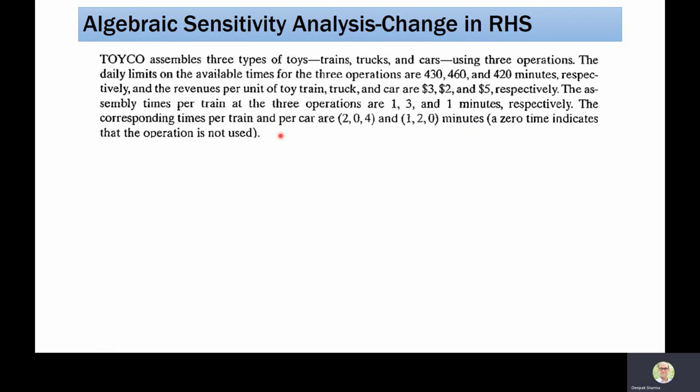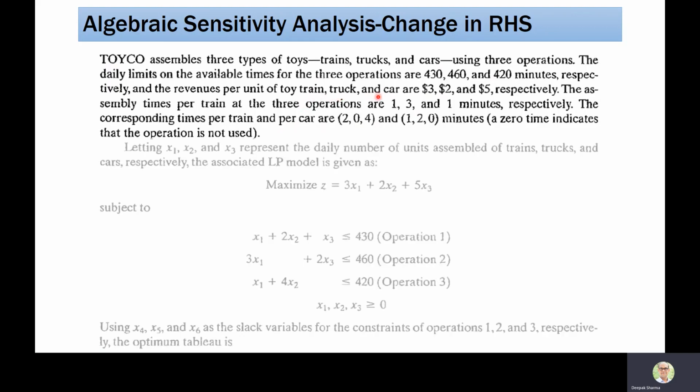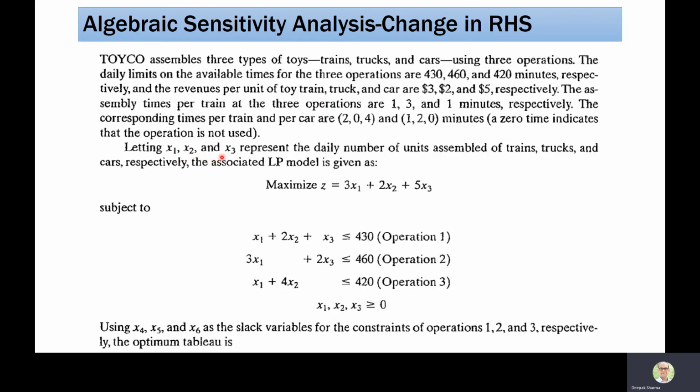Since we have done LP modeling earlier, we can find out that the number of variables will depend on the number of toys: train, truck, and car. So the variables we can write as x1, x2, x3, representing the daily number of units assembled of train, truck, and car respectively. Since the revenue per unit of these toys is given, our objective function is maximizing the revenue. So the equation is written as maximize z equals 3x1 plus 2x2 plus 5x3, subject to